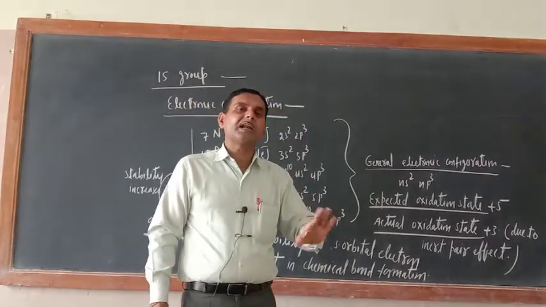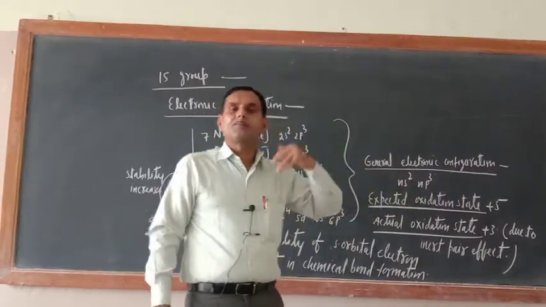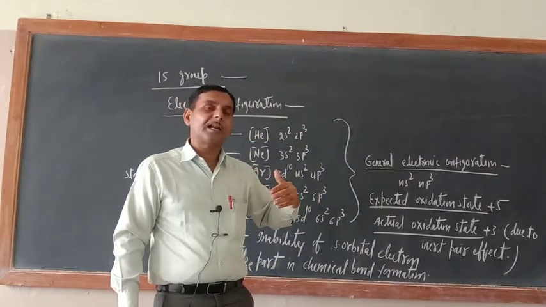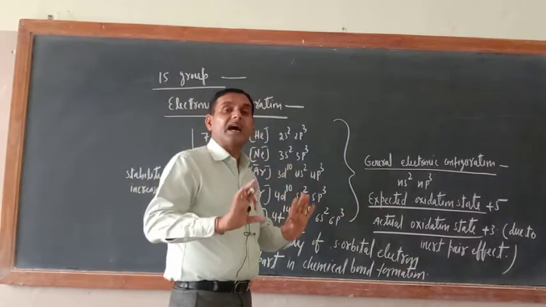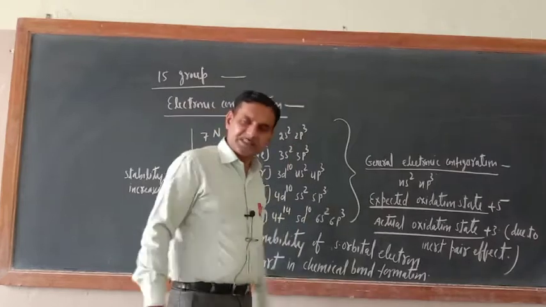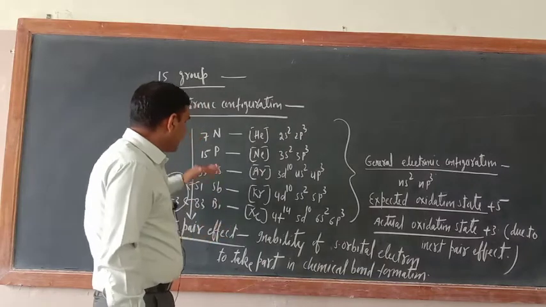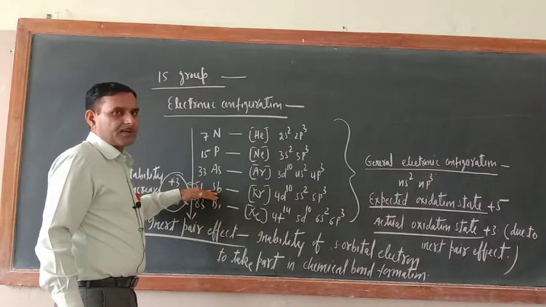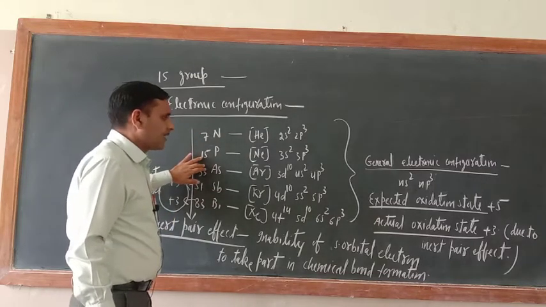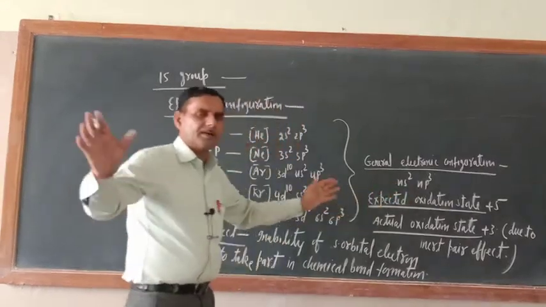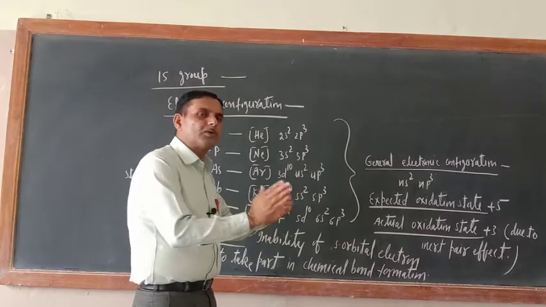Since s orbital electrons are very close to the nucleus, penetration means coming close. That is why they do not desire to take part in bond formation. This is the reason. Now the question arises, why will the inert pair effect be exhibited by the heavier members of the group? Try to understand. In the case of nitrogen, phosphorus and arsenic, since their size is small, both ns and np electrons will be close to the nucleus.